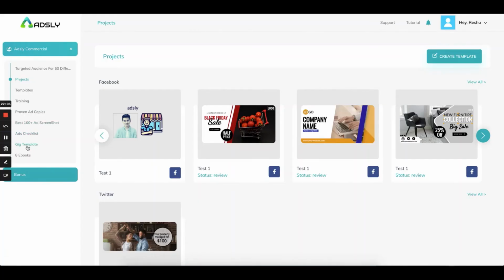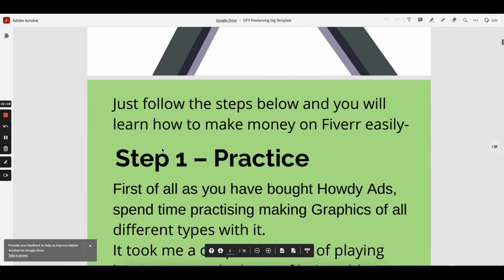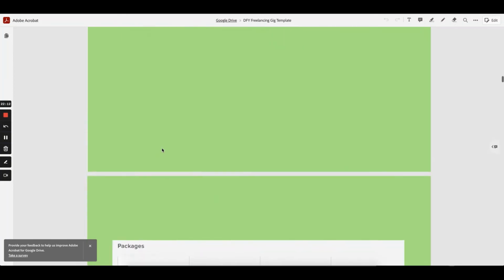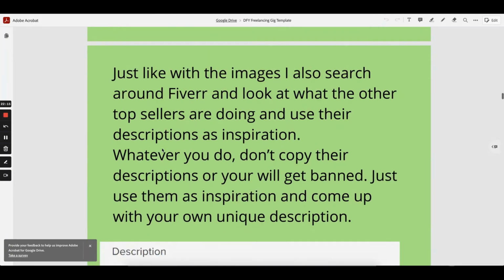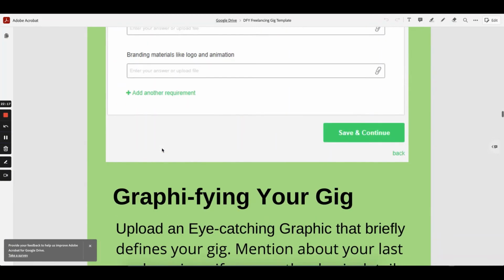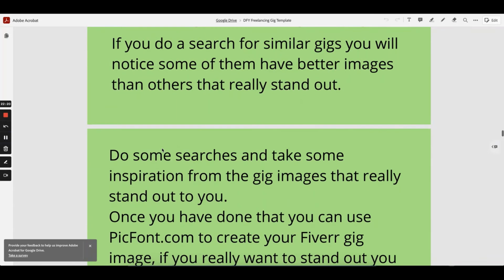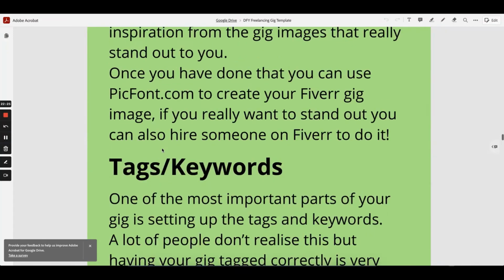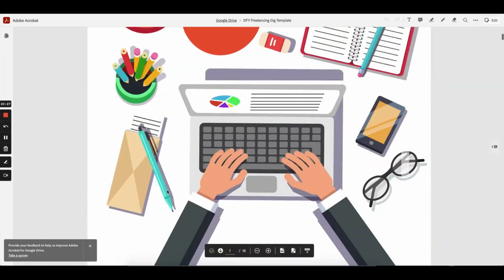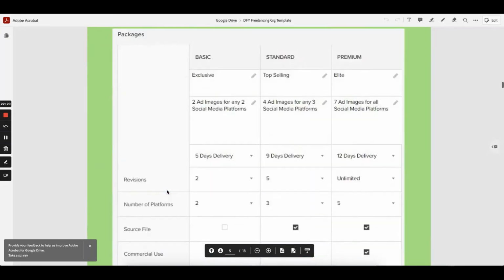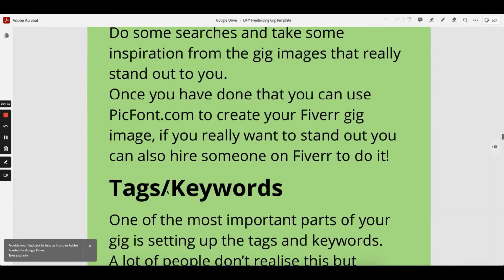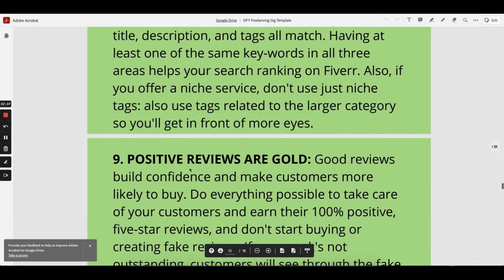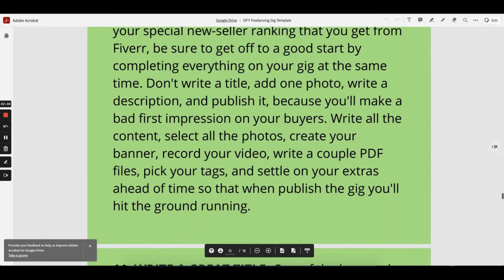We give you your own gig template so that you can use this gig and create your profile on Fiverr and start selling ad creation as a service. We have explained in detail how to create an account on Fiverr, how to create a gig, what to add over there. Everything in detail has been added to this PDF of 18 pages. You just have to copy stuff from here and put it over there and start selling and profiting from Fiverr.